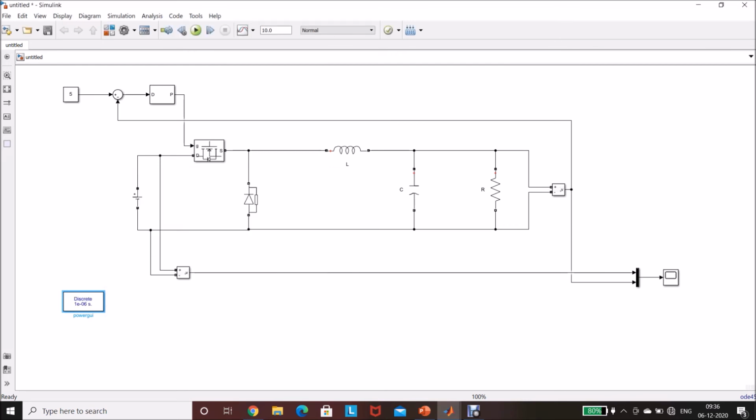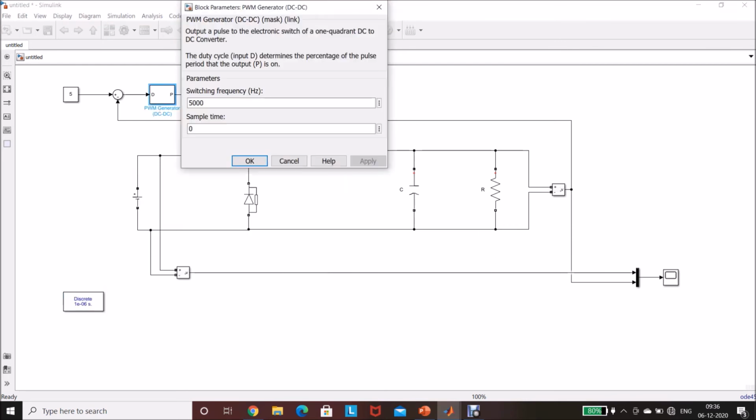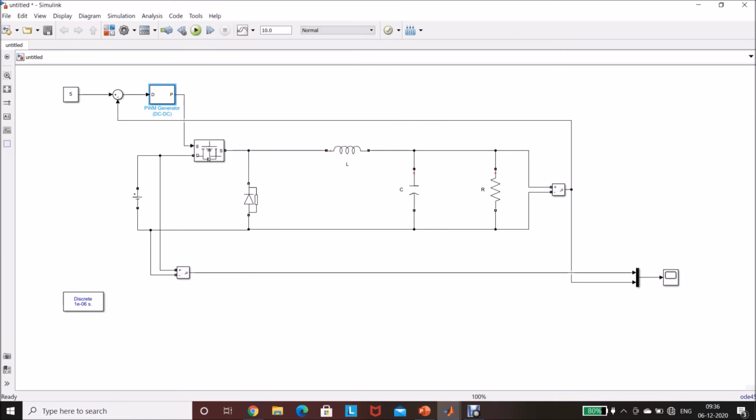Click OK. Select the PWM generator, switching frequency 400 kilohertz, sample time as 1 microsecond. Click OK. Now our buck converter is ready.